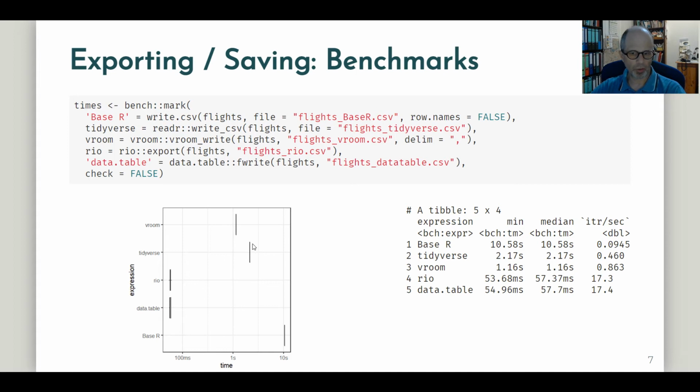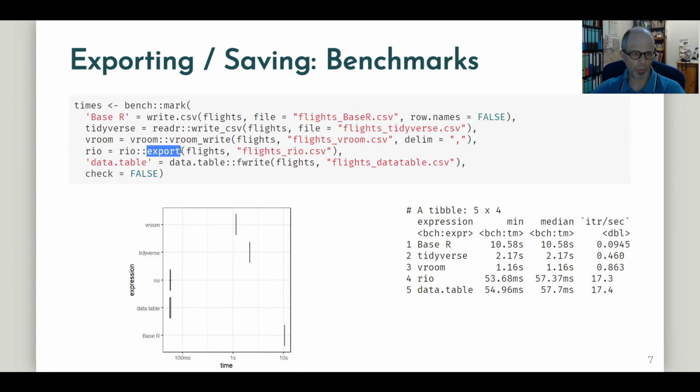readr is much faster but slower than the other packages. Vroom is the next, and the clear winners are Rio and data.table. So I'd say data.table is the definite winner because Rio does not re-implement a CSV exporting function, but just uses data.table in the background. So the strength of the Rio package is that you don't need to worry about a